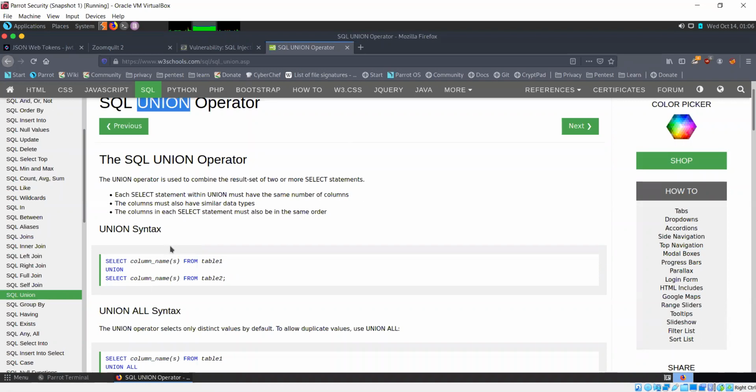What it does is combine the results of two different SELECT statements. And the columns must have similar data types, which is also something to keep in mind. For example, you cannot use a UNION if two columns here are integers but these others are strings.